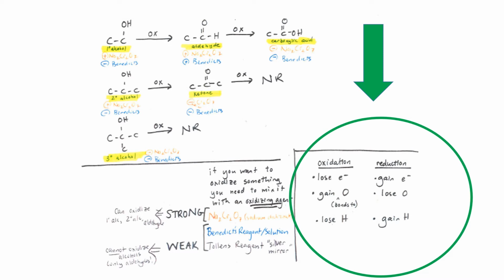But in addition to that, we are planning to think about oxidation in a new way, a way that'll make a little bit more sense for organic compounds, be a little bit easier to apply to organic compounds. It's still true that oxidation is losing electrons, and it's still true that reduction is gaining electrons. But now that we are not dealing with compounds where we see cations and anions, this second way of thinking of oxidation and reduction will be more helpful to us.